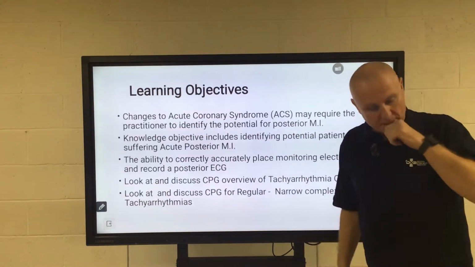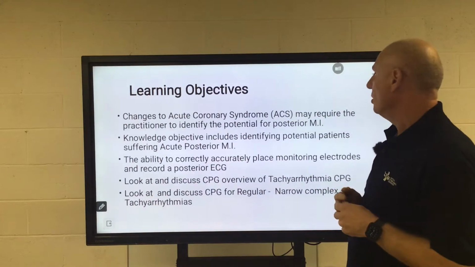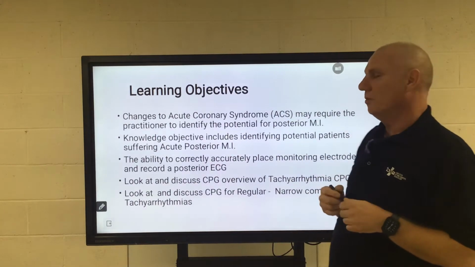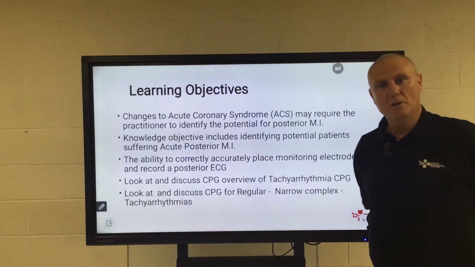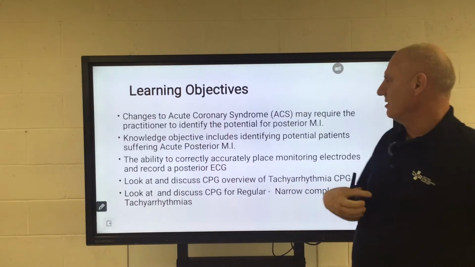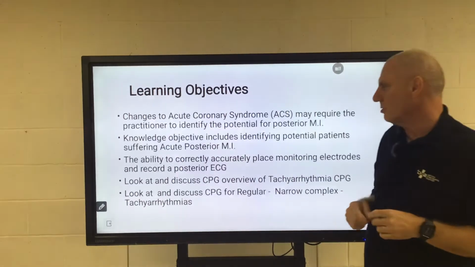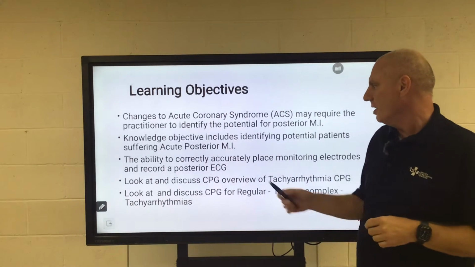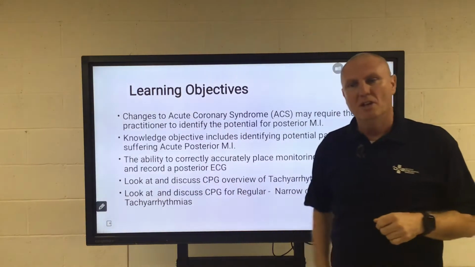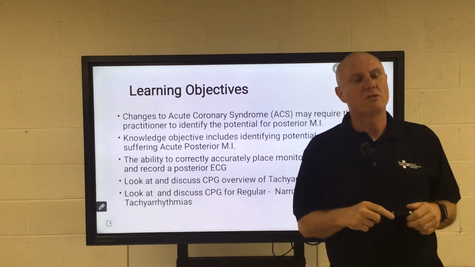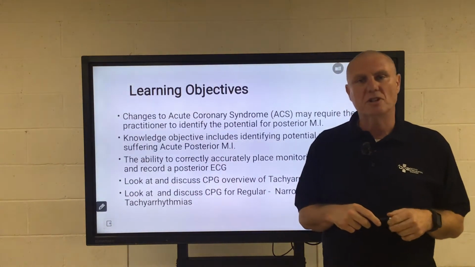Some of the stuff we're going to look at is the changes to the ACS, acute coronary syndrome, which requires the practitioner to identify the potential for a posterior MI, which currently we do not do. Normally at the moment we're just looking at the anterior part of the heart. Knowledge objectives include identifying potential patients suffering an acute posterior MI, and the ability to correctly and accurately place monitoring electrodes on the posterior of a patient, which we currently do not do. There is a practical session for this, and we're just going to touch on the theory of it